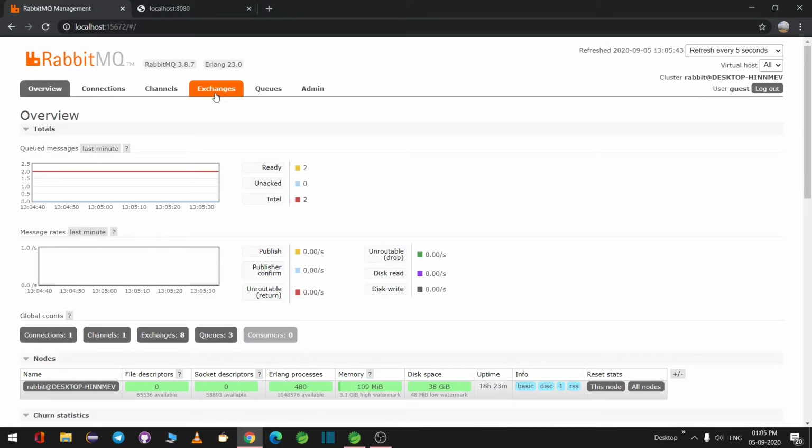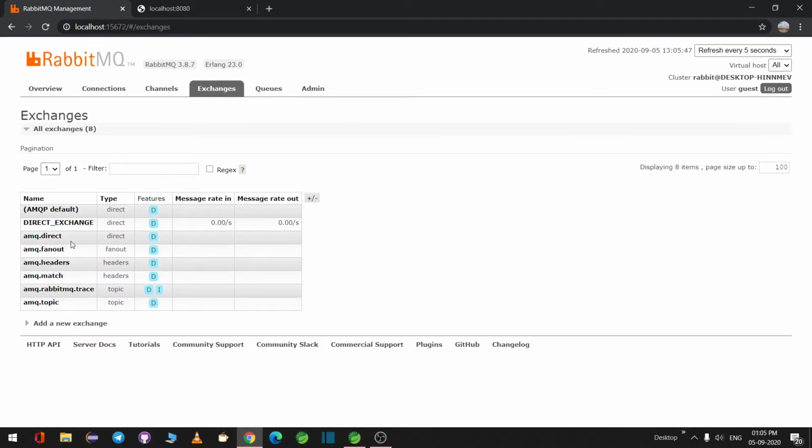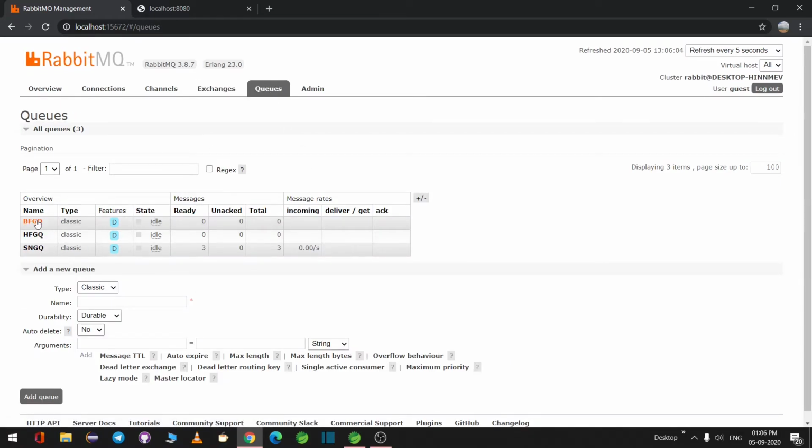If you go to the exchanges part, as you can see, direct message is created. This is the exchange which we have designed there. You need not create it from the RabbitMQ console. When you do that in the Java Spring Boot application and run it, it will be automatically created for you, this exchange, and here are the queues which are created.